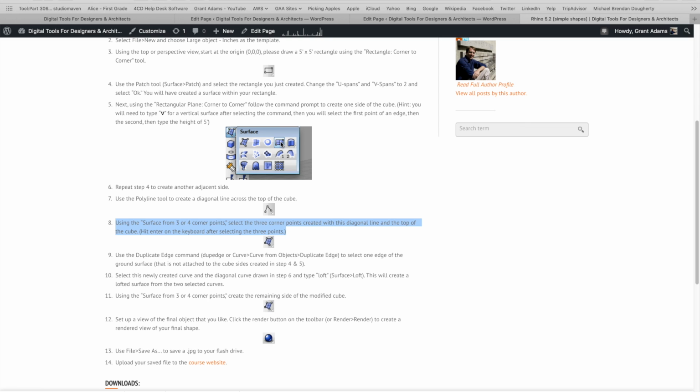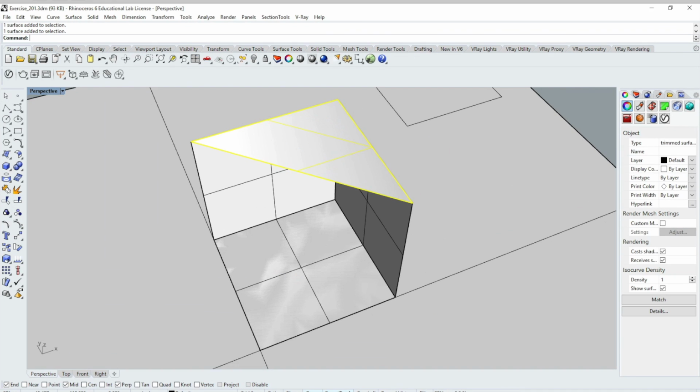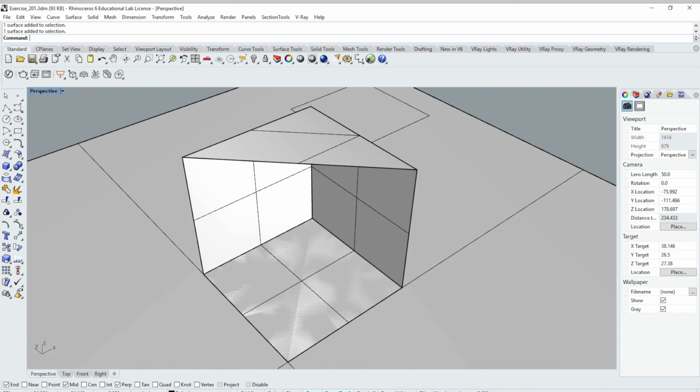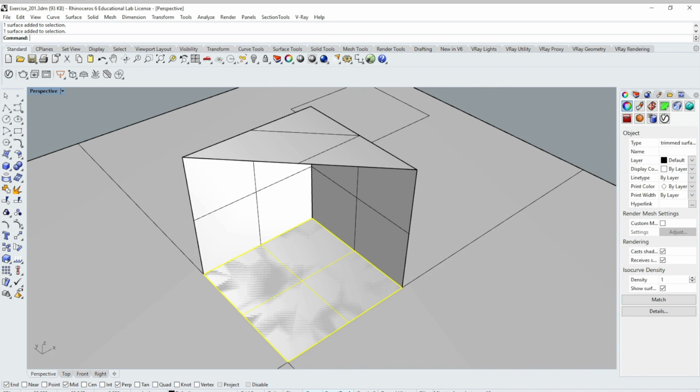Next piece, step 9 here, we're going to use something called derivative geometry. I know it's a bit early to start talking about this, but it's also something that's really important for you guys to be aware of and to understand going forward. So I like to do it and talk about it really early in the class, and we'll emphasize it as we go forward. What I mean by derivative geometry is that in Rhino, whenever you have a shape of some kind, you can use that shape to derive other shapes.